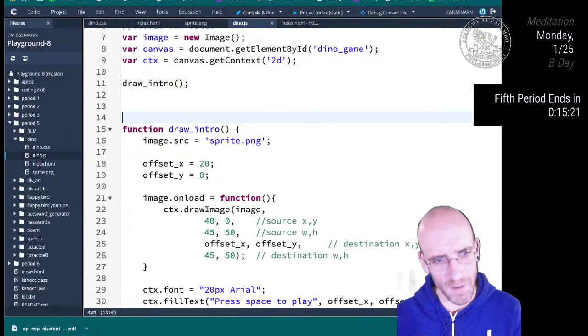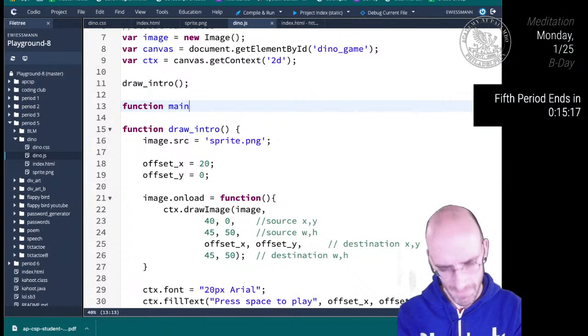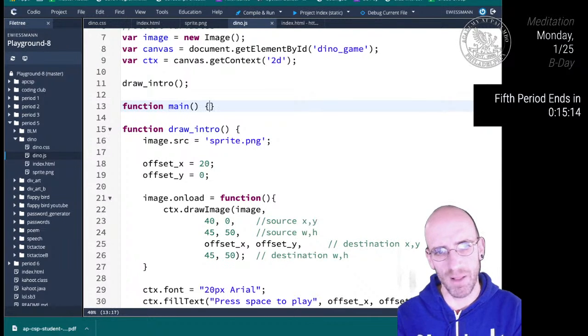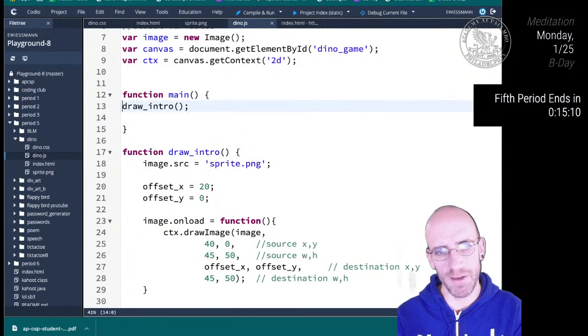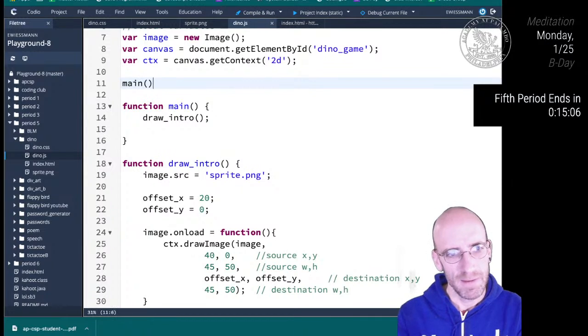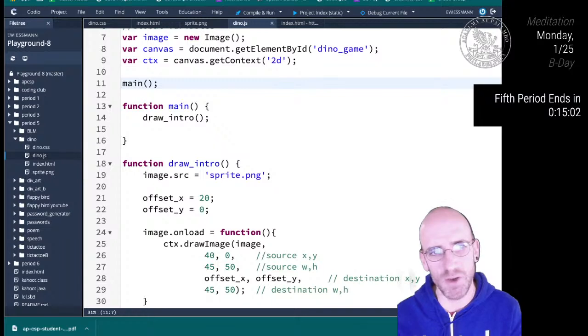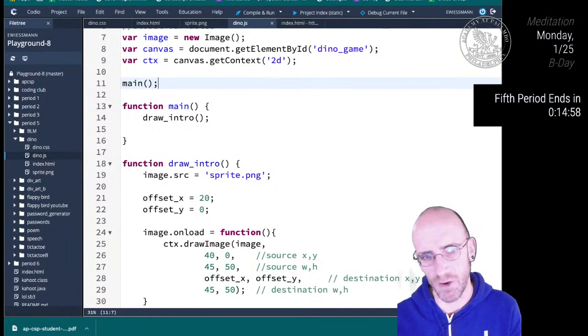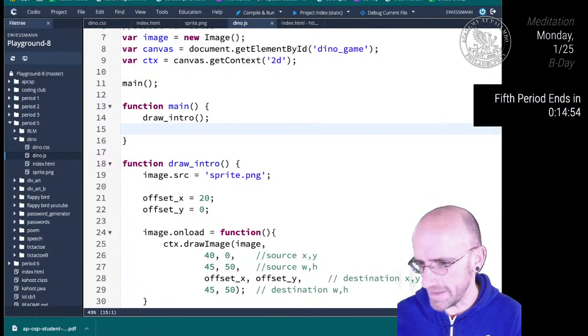We're going to do another function called main. That's going to set up all of our code. In main, we're going to call draw intro. And then at the very top, we're going to call main. You want functions to not do too much. We also don't want too much floating code. So when our code launches, we're going to call main. The main is going to draw the intro. And then what we need is